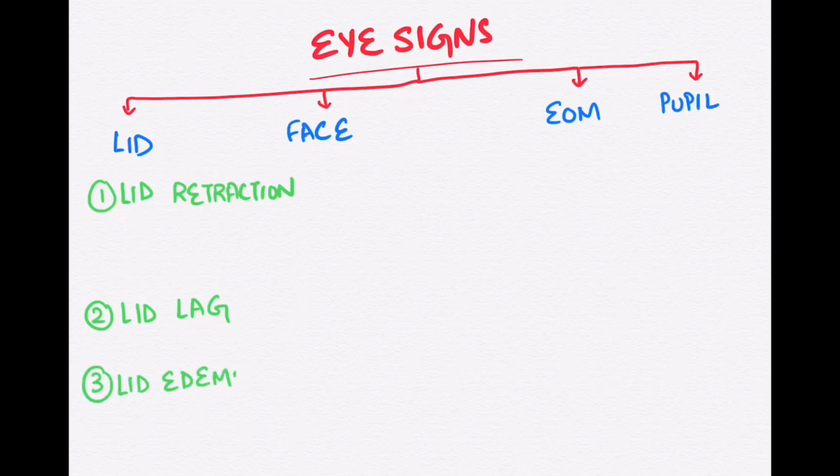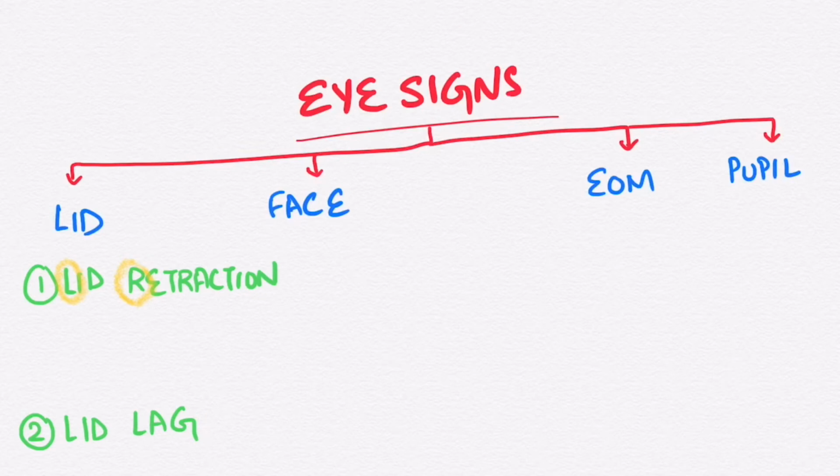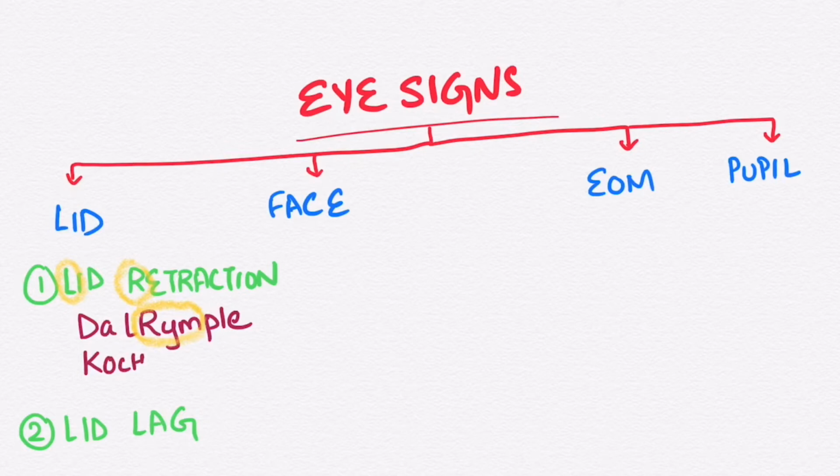Besides lid retraction and lid lag, there would be edema of lids and sometimes the tremor of lids can be seen. In the lid retraction, the first sign is Dalrymple sign, and to remember that, remember the L and R of the lid retraction and then you can write down the Dalrymple sign. In this, you can note the rim return. So just remember that in this sign, a rim of sclera is seen all around the cornea on looking straight forward. The next sign is Kocher's sign. In Kocher's sign, there is increased lid retraction with visual fixation so that the upper sclera is clearly visible.